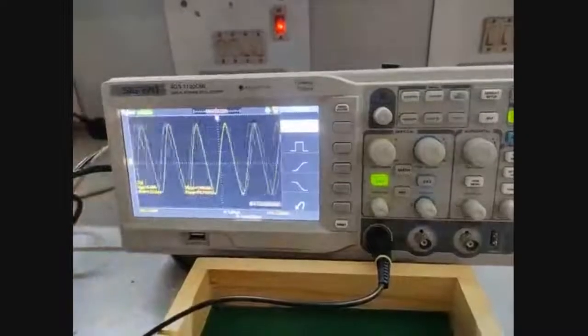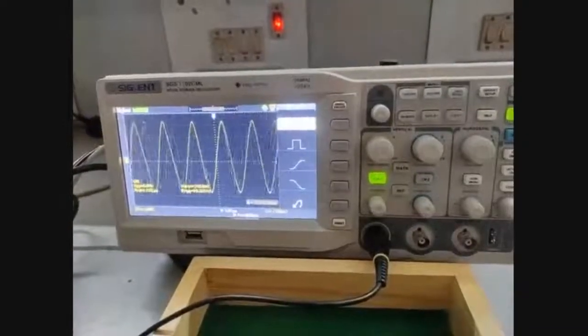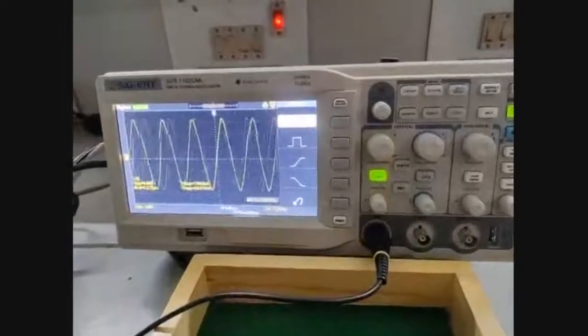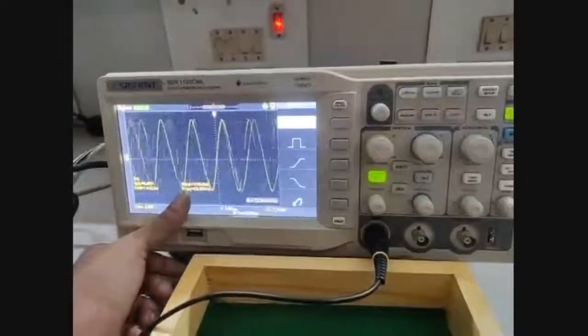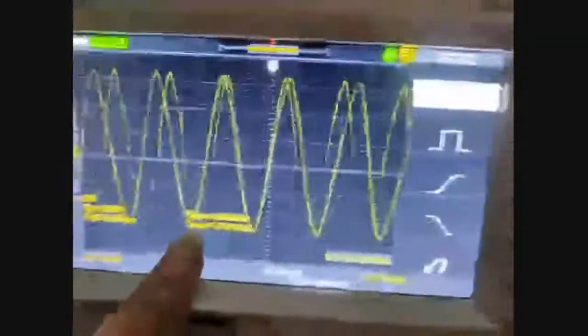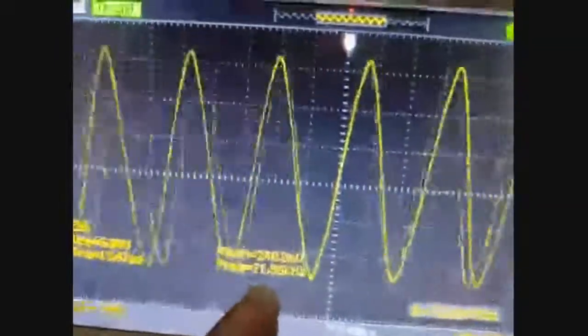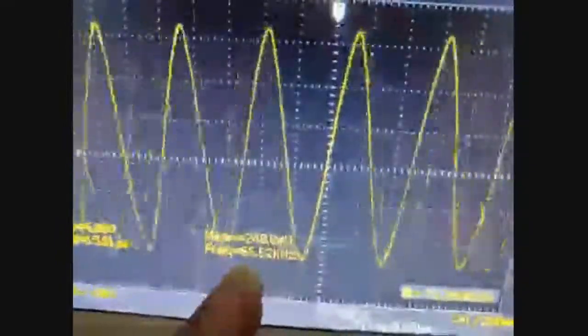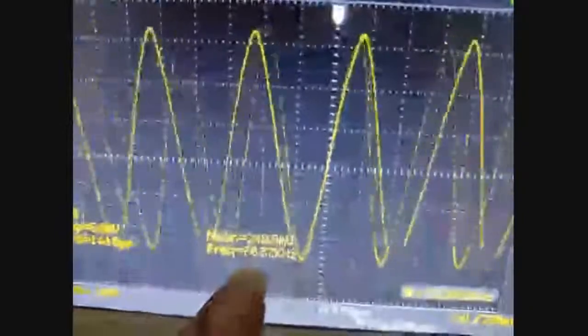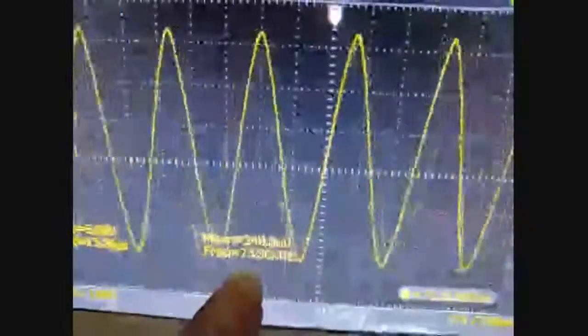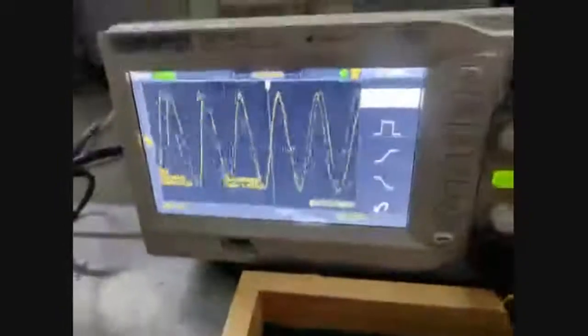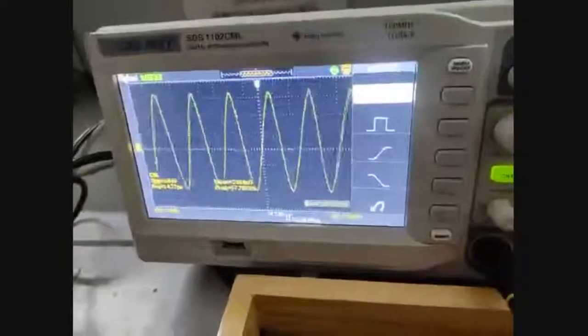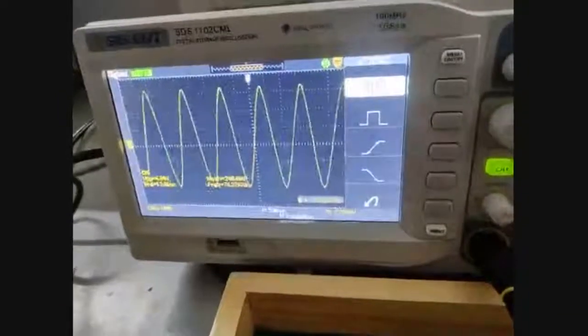From this signal we observe the maximum frequency and minimum frequency, then find out the frequency deviation. For that here you can observe the frequency value. Here the frequency is varying. From this point we calculate the maximum and minimum frequency. So see here the minimum frequency is 64 kHz and the maximum frequency is 79.55 kHz. Just use those values and find out the frequency deviation, that is (F max minus F min) divided by 2.